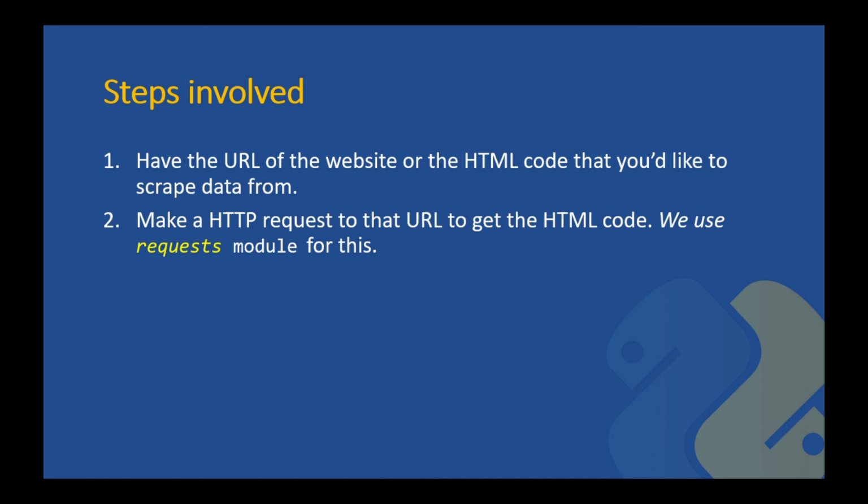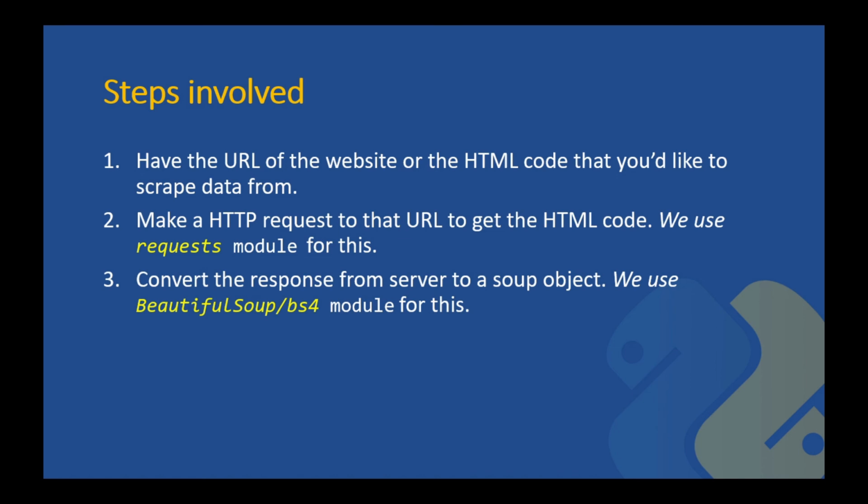The third step is, you convert that response to a soup object with the help of Beautiful Soup that we have just discussed in the module section. Using this Beautiful Soup module, we can convert the response from the server to a soup object, so that it's easy to go through the HTML document, extract information or add new information. And we use selectors to find the data from the soup. If you only need a particular set of data from the HTML, like tabular data, you just find the table. So table is a selector. You find the table, get the information from it, and store it somewhere.